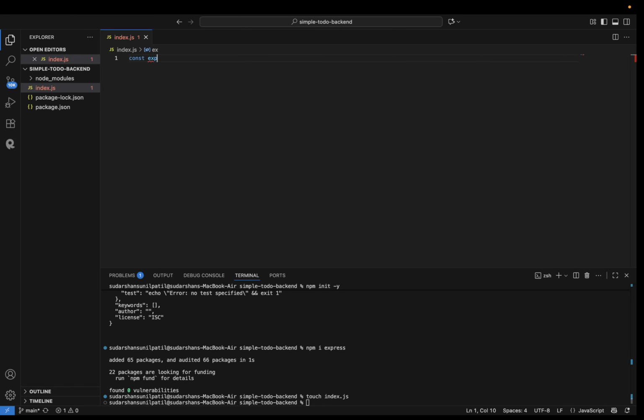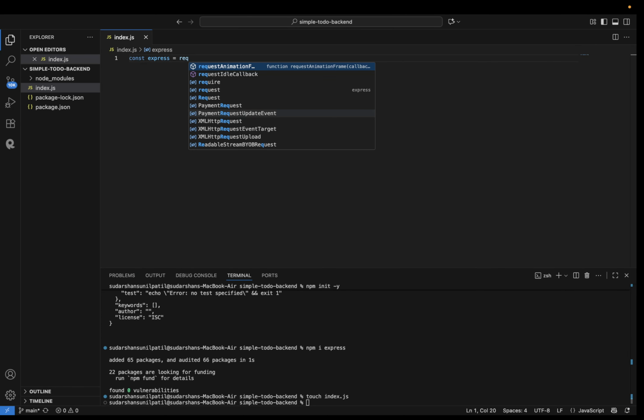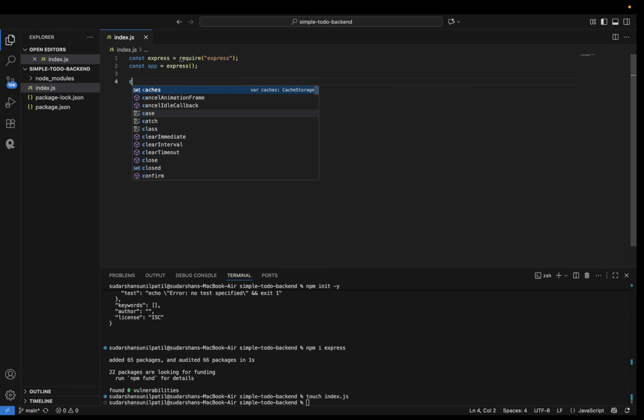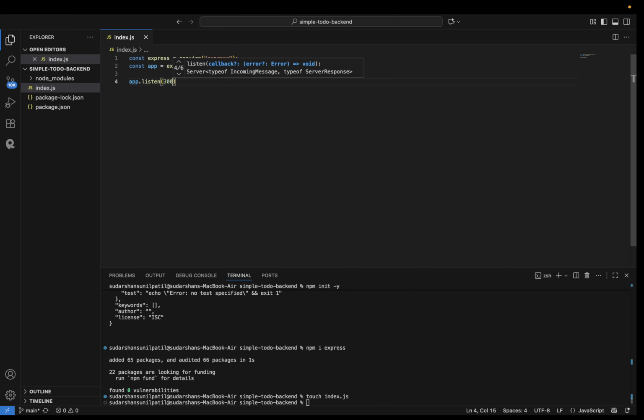Const express is equal to require express. Then we have to initialize the app instance by calling express. Then we have to listen over port 3000